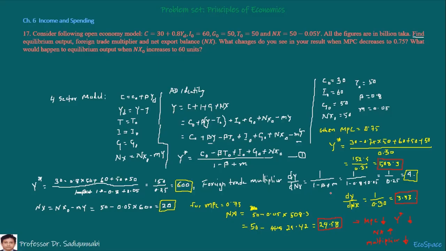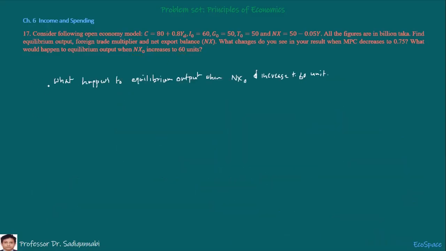Let's go for the last part, which means what would happen to equilibrium output when autonomous net export increases to 60 unit. So it has two situations. One is when MPC equals original MPC 0.8. So when MPC is 0.8 and NX0 is 60 unit, then